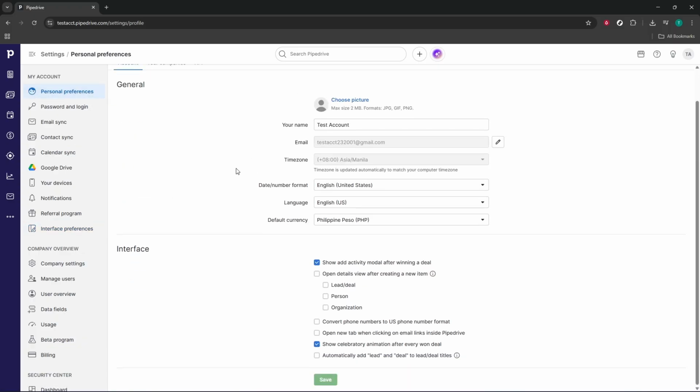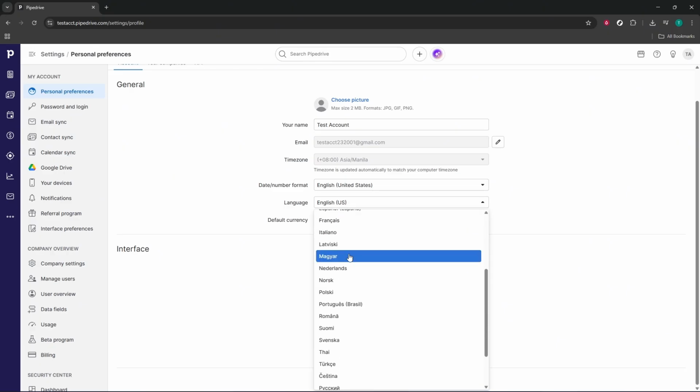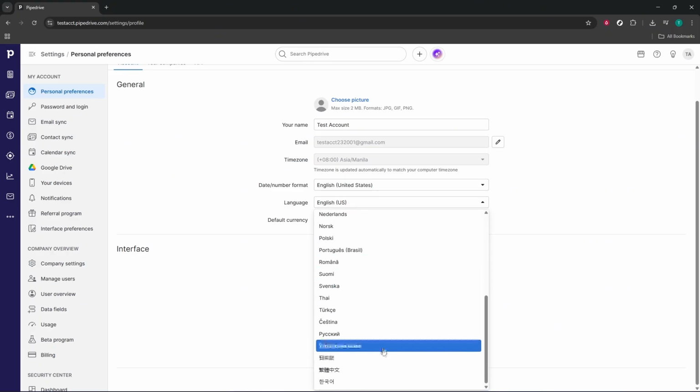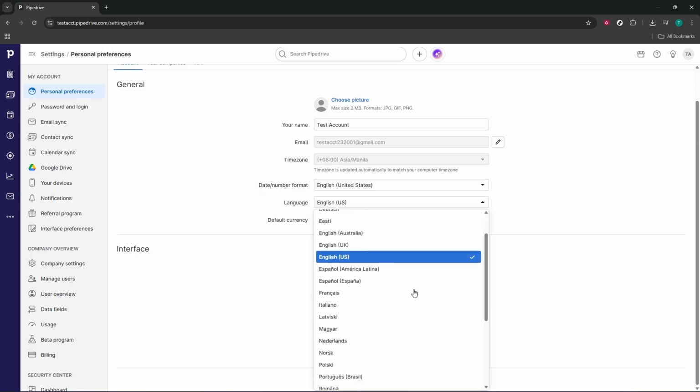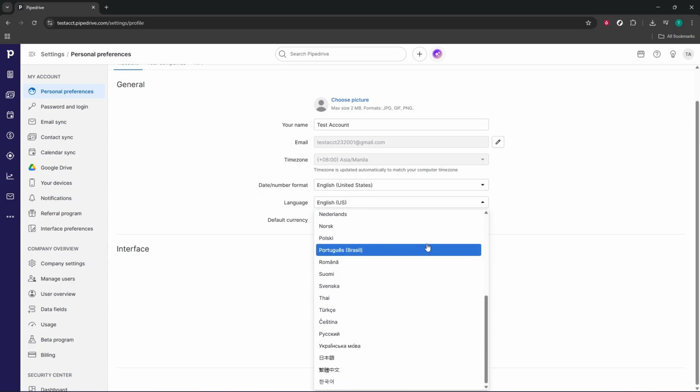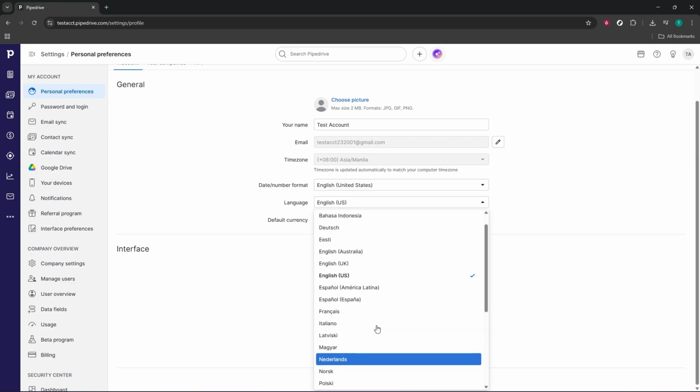This is the place where Pipedrive stores your interface language option. The layout is straightforward, so you should see a drop-down menu that lists all available languages. When you open the drop-down, scroll to find the one you want, or start typing its name to jump directly to it if that's supported in your browser. Choosing a language here controls the wording of menus, buttons, tooltips, and many on-screen messages throughout Pipedrive, helping you navigate